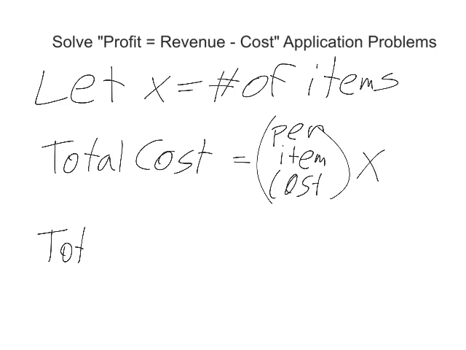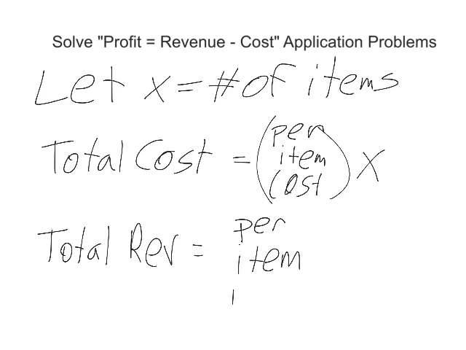Total revenue, I'm going to abbreviate, is equal to the per item revenue times x. So we'll be given the per item cost and revenue, and then we will be given the total profit, and that's when we'll set up our profit equals revenue minus cost formula. We'll solve it for x, and that will give us the number of items that will give us the total